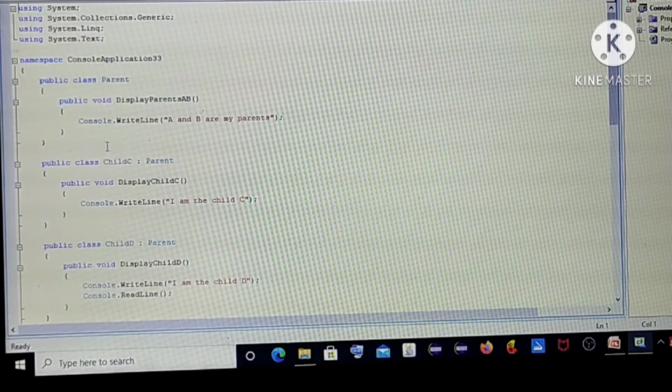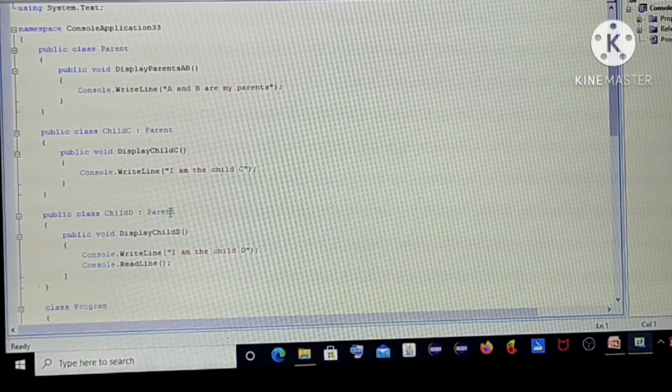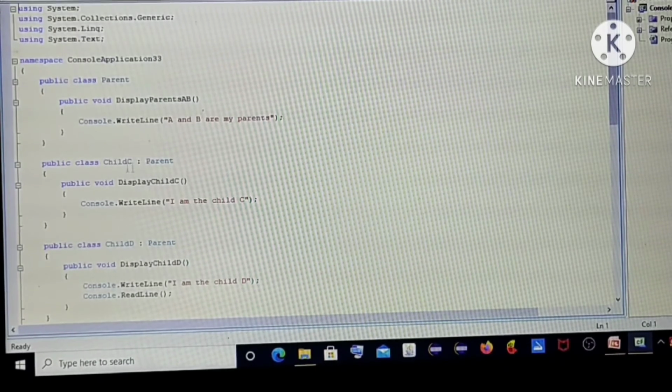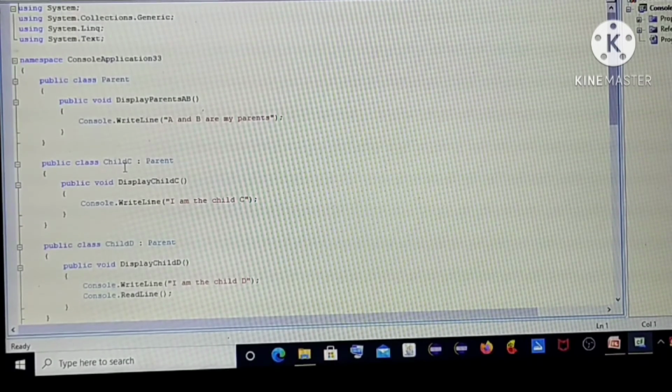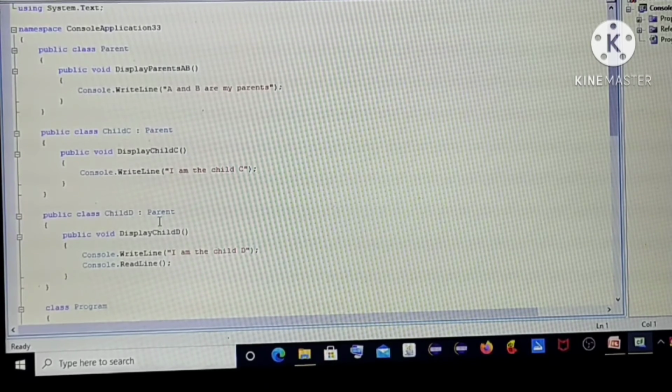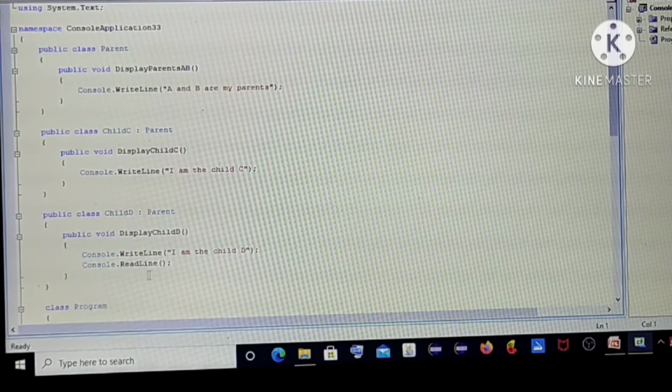By looking at the program, you can make out. Here we have a class called parent with some method name and some print statement inside the method. Another class called child C is inheriting the features of parent, with a method name and some print statement. Child D has parent as the base class, with a method name and print statement.